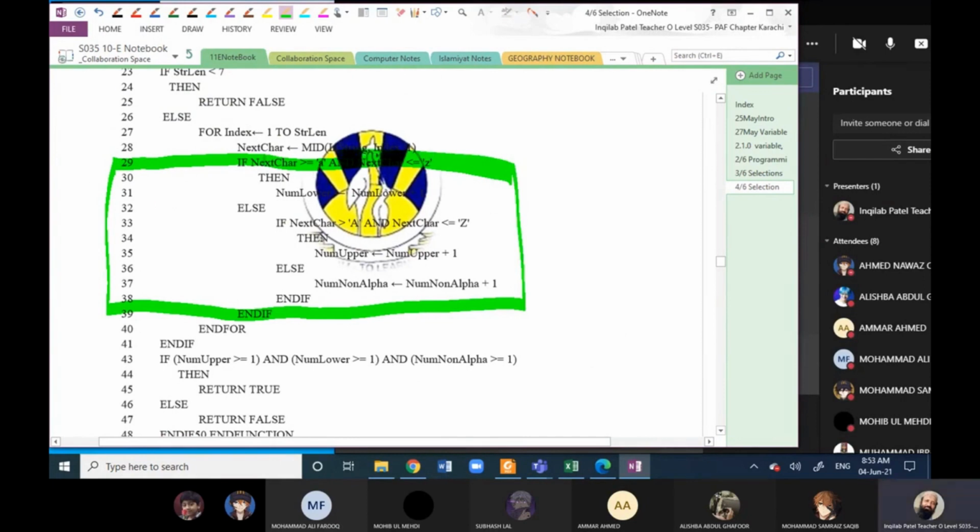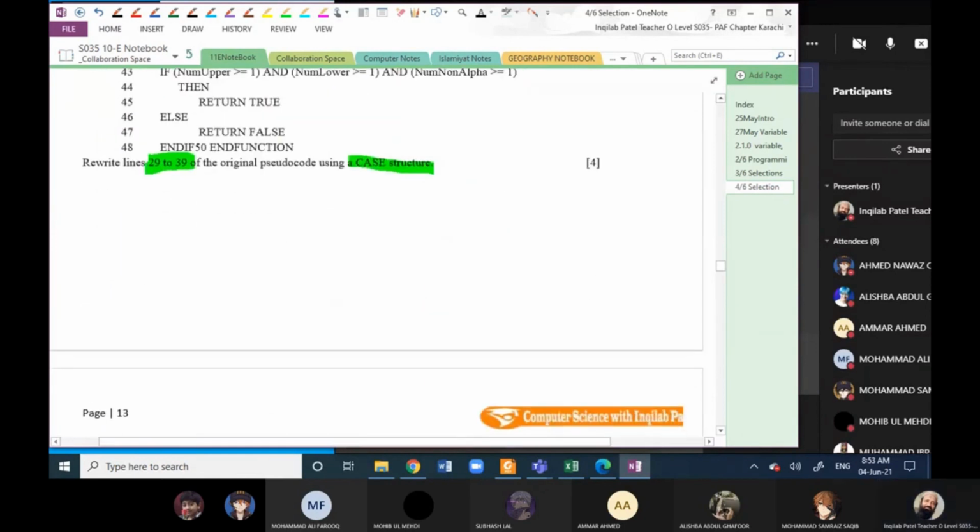If next char is greater than or equal to a, next char, or else. So there are 1, 2, 3 outcomes. If there are 3 outcomes, we will say this should be used in case selection.